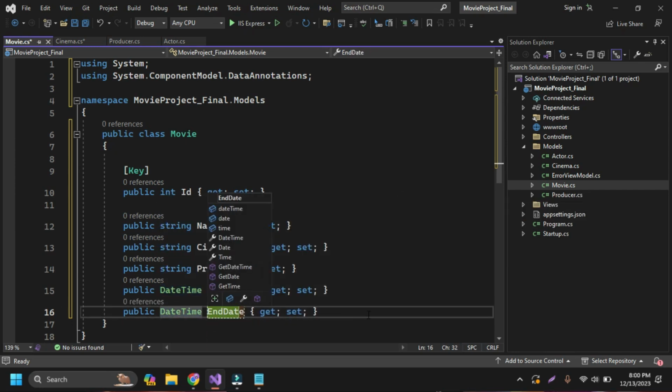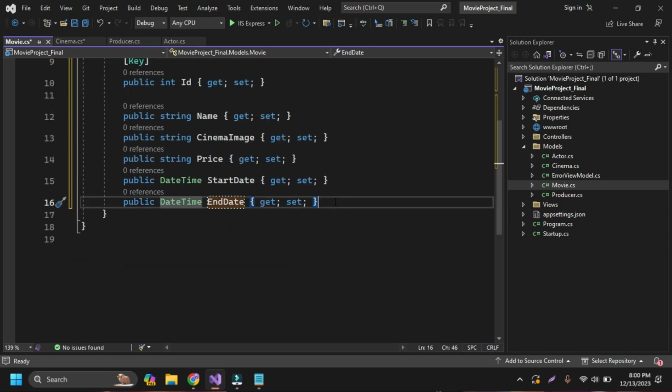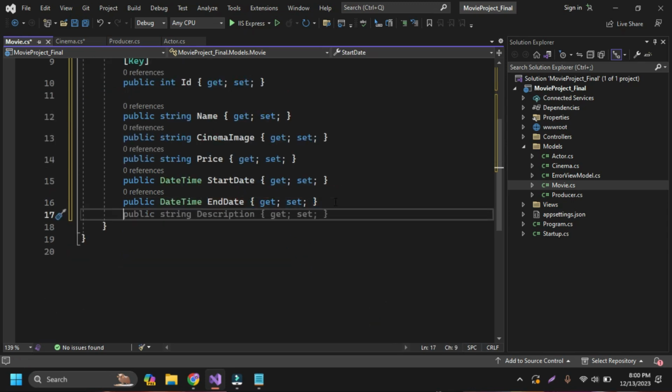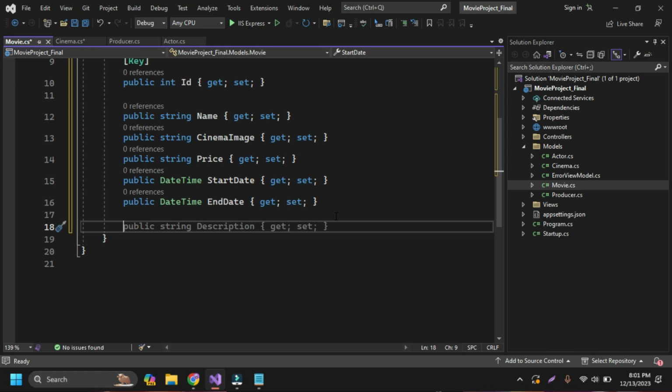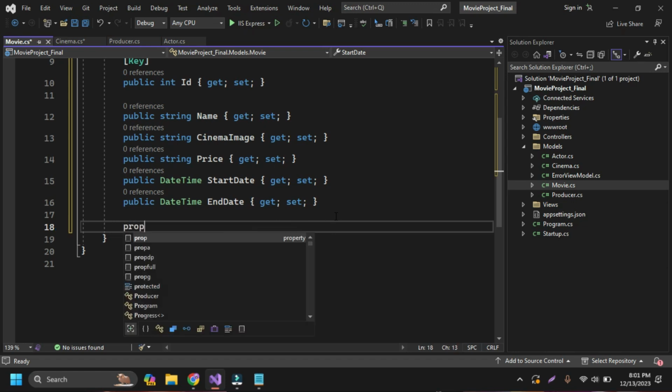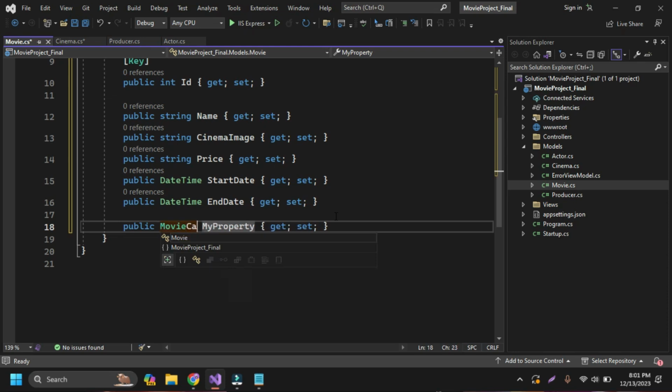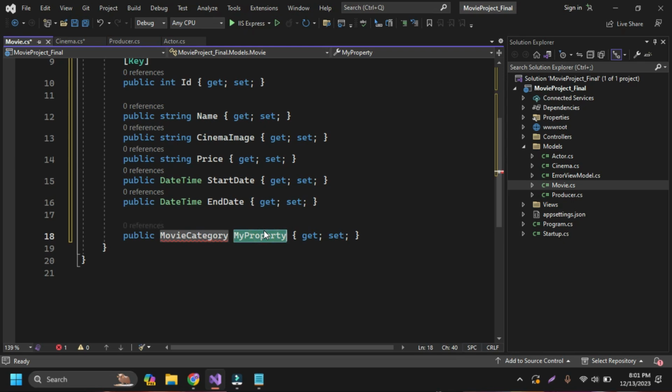And this is all about the end date. Okay, and we can also add many other things like the cinema, and we'll also add who is the producer of the movie, who are the actors inside the movie. So we'll add those later. Before that, if you want to add the movie category, the category can be drama or action or love or whatever. Then I can type here prop, and then the movie category,